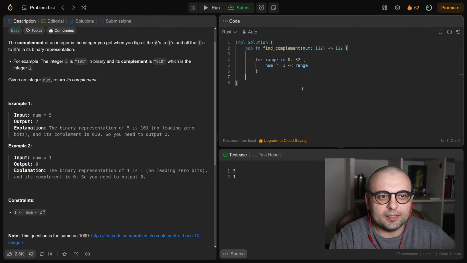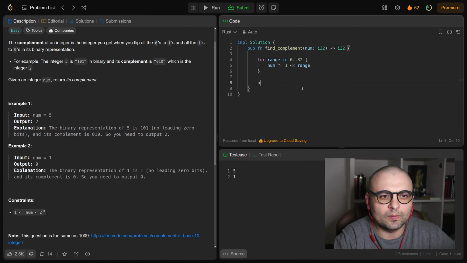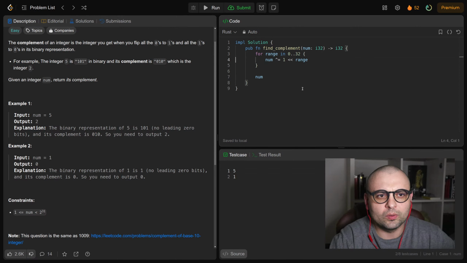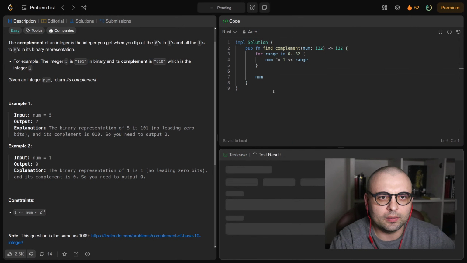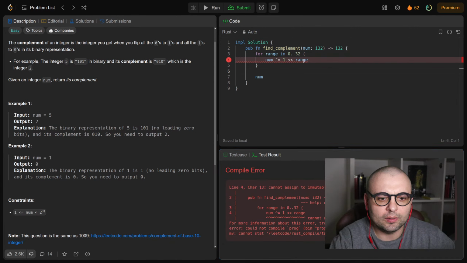Yeah. So in the end, we'll try to return num, which is a pretty cool solution if that will work. But it will not work. It's immutable. Okay, so